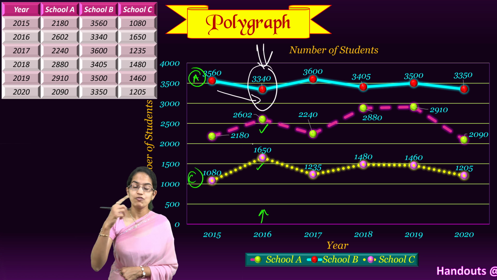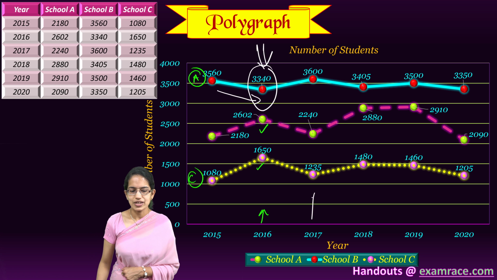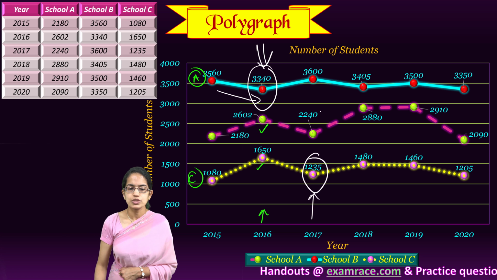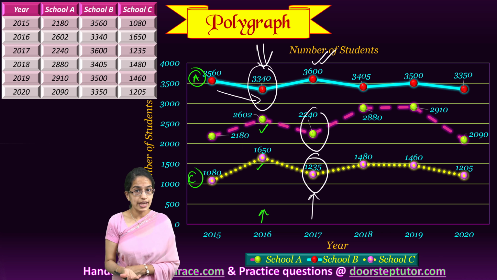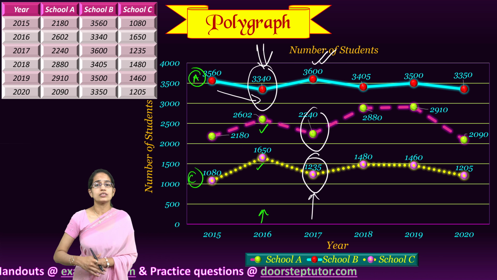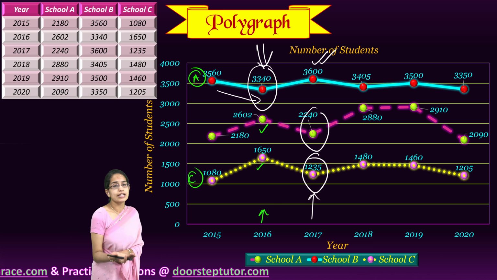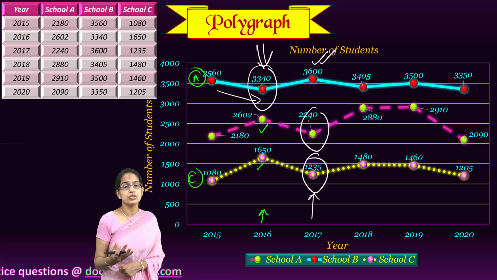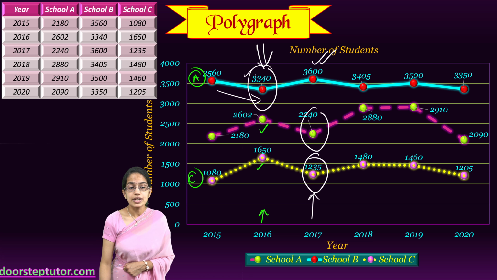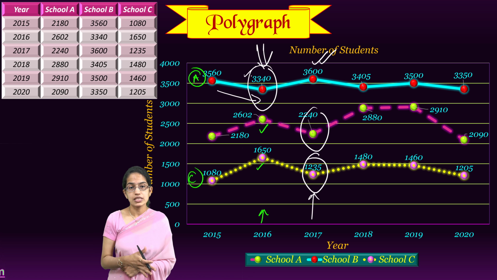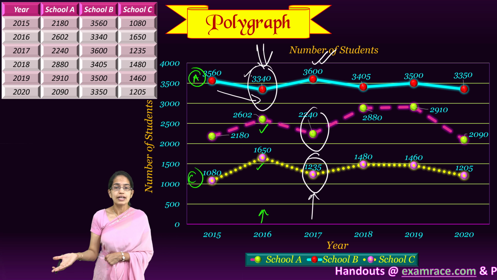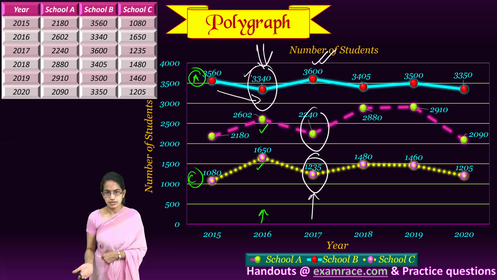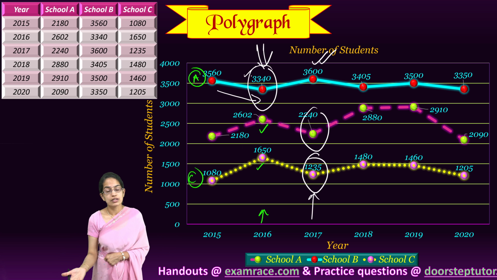And the reverse phenomenon occurred in 2017, where the enrollment for school C and B declined, but the enrollment for school A increased, probably because they put in a lot of effort for marketing, advertisements, or bringing in the students, just because they witnessed a decline in the previous year where other schools witnessed an increase. So maybe they improved their faculty, their standard of education, their co-curricular activities.